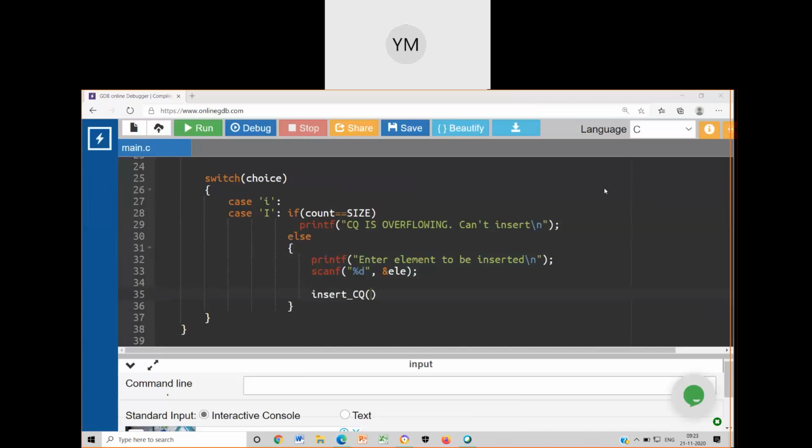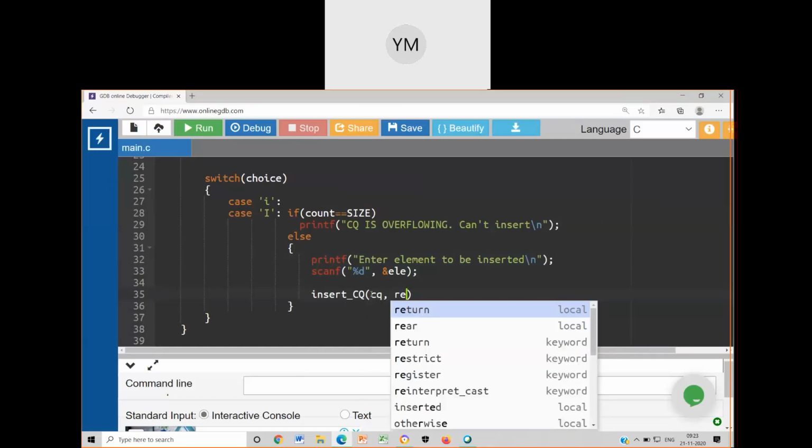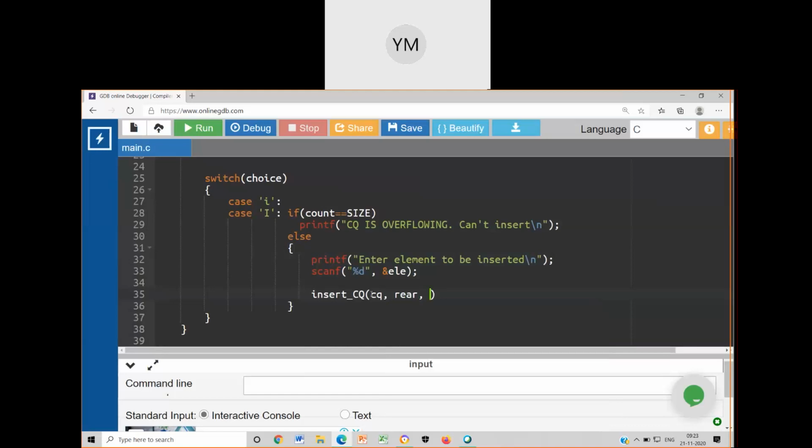I require the new element that has to be added, and also I require the rear. Three things I require: the queue, the rear, and the element. Correct. So accordingly, let me just write CQ, comma, rear, comma, element.